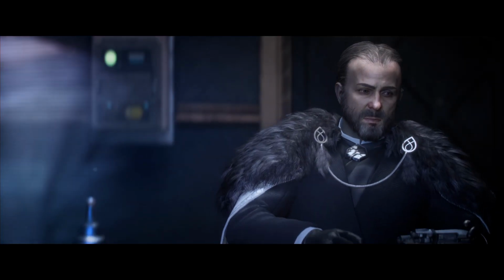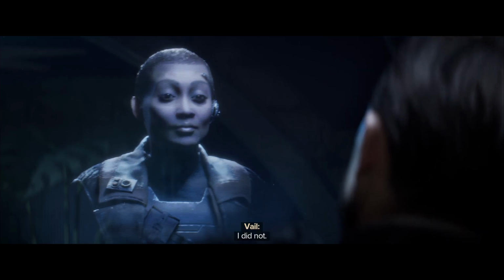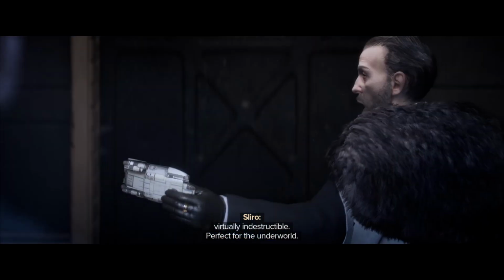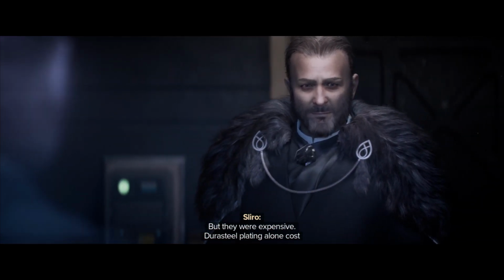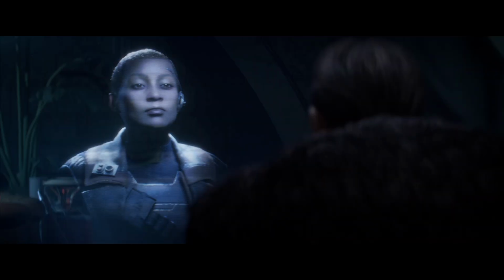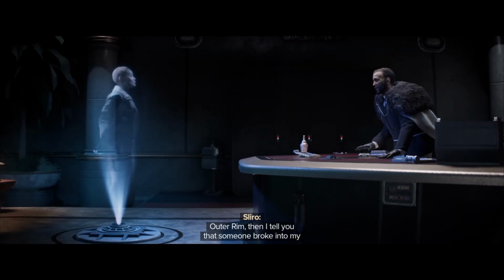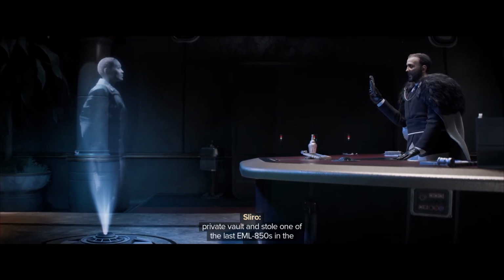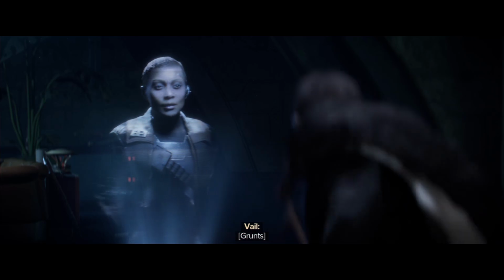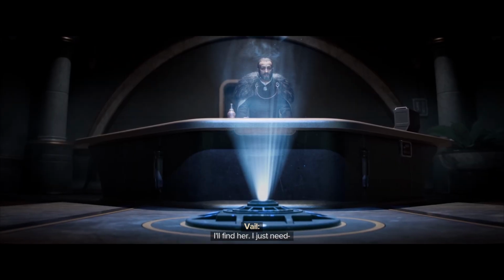K-Vest isn't working alone. Before I built Zarek Besh, my family built ships on Corellia. Did you know that? I did not. This model, the EML 850, inconspicuous, virtually indestructible, perfect for the underworld. But they were expensive. Durasteel plating alone cost a fortune. There was a BX Commando. Unfortunately, there were other ships that could do the job for much less. I just need more time. I hired you because you are one of the best hunters in the Outer Rim. Then I tell you someone broke into my private vaults and stole one of the last EML 850s in the galaxy, and you assumed she was working alone. Do you know what happened to these ships? Destroyed. Repurposed. Scrapped. Do you understand? I'll find her. I just...